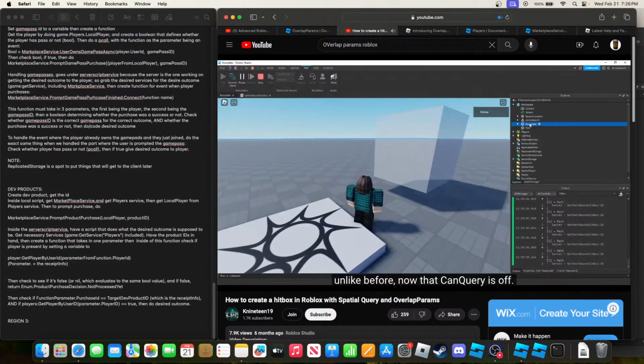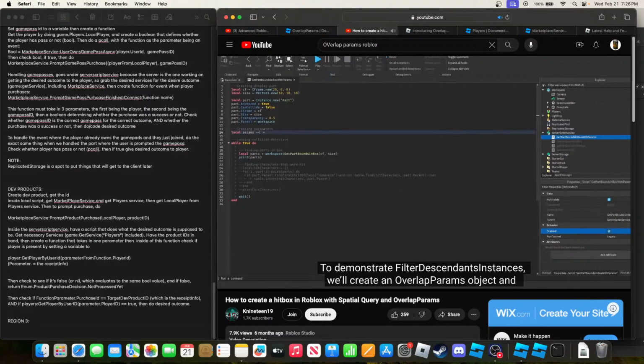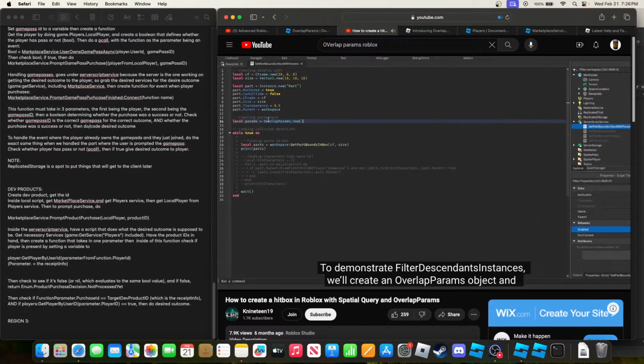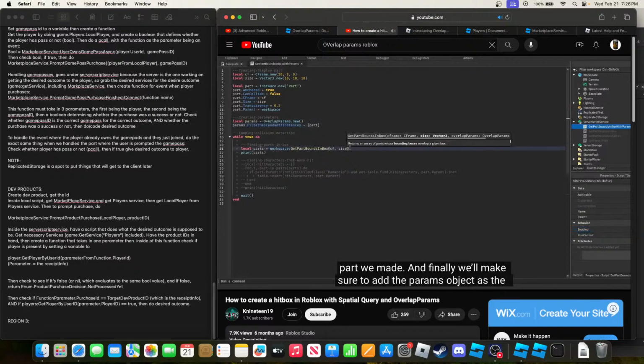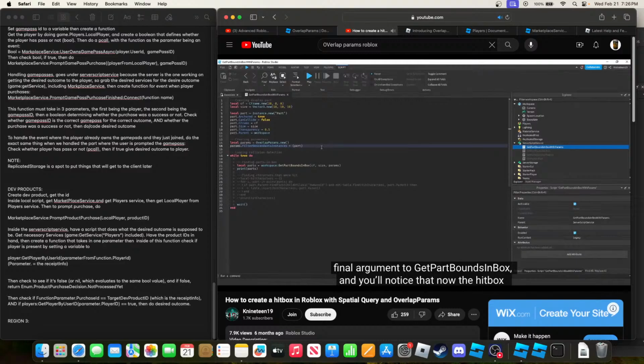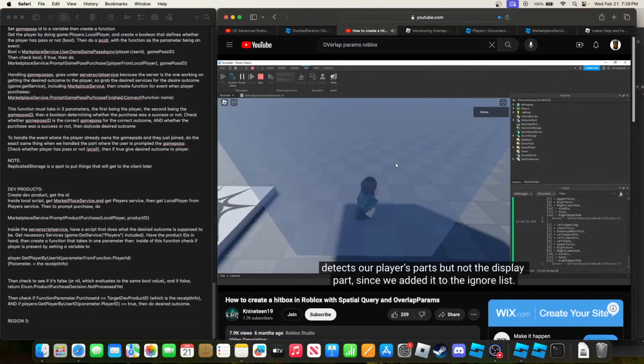To demonstrate FilterDescendantsInstances, we'll create an OverlapParams object and set the FilterDescendantsInstances property to a table which contains just the display part we made. And finally, we'll make sure to add the params object as a final argument to GetPartBoundsInBox, and you'll notice that now the hitbox detects our player's parts, but not the display part since we added it